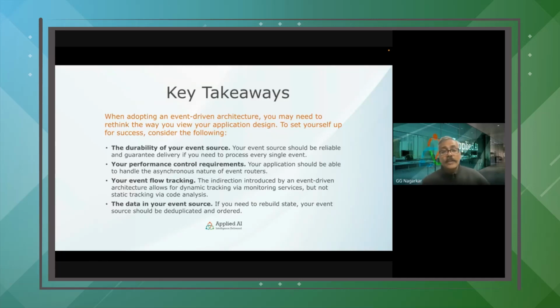The event flow tracking is an important thing you have to worry about. That's an important aspect. And then what is the data that is coming in your source? Like I said, there could be sensitive data you may need to mask. Will you be able to re-trigger if it is duplicate? What will happen? Idempotency, you have to worry about that and make sure you are building idempotent